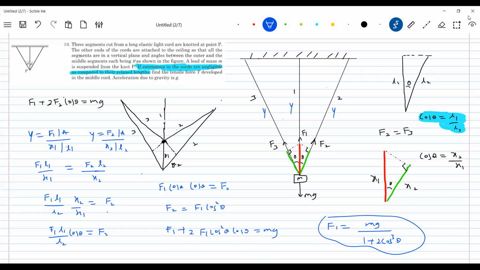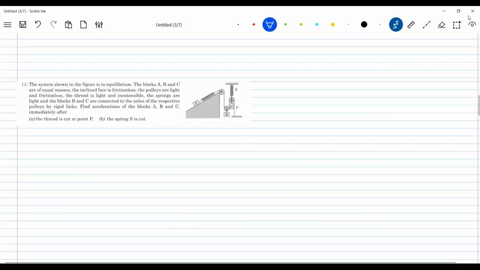Okay, this will be what is asked here. Just this diagram is very important. This is what I actually have to come from here. Okay, I'll come to